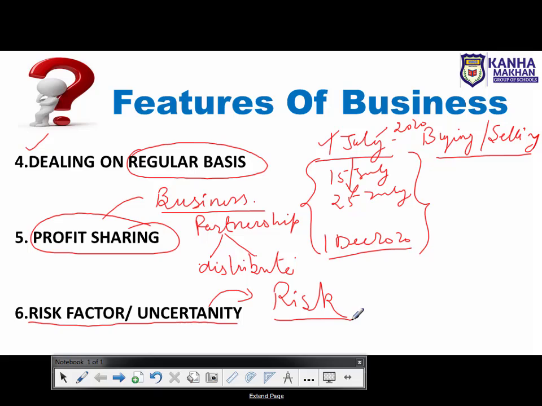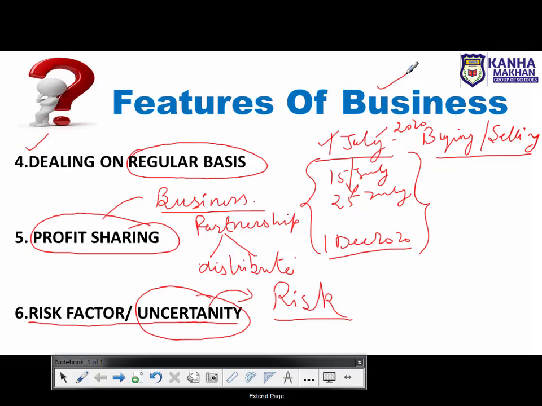And moreover, business is that particular economic activity where the uncertainty actually lies. एक ऐसी uncertainty होती है which you cannot guess. But yes, when the environment is changing, you also have to keep your business changing. Means you have to follow the rules and regulations as well.